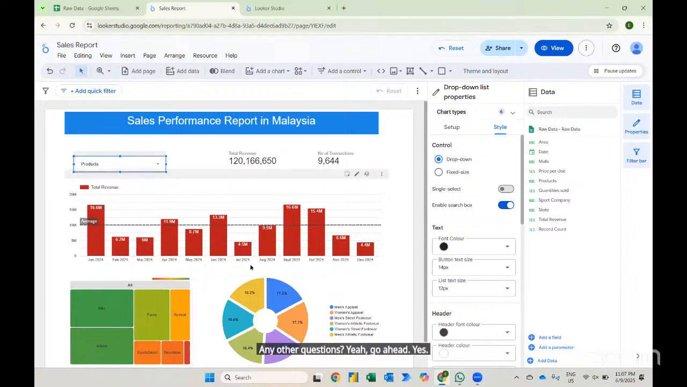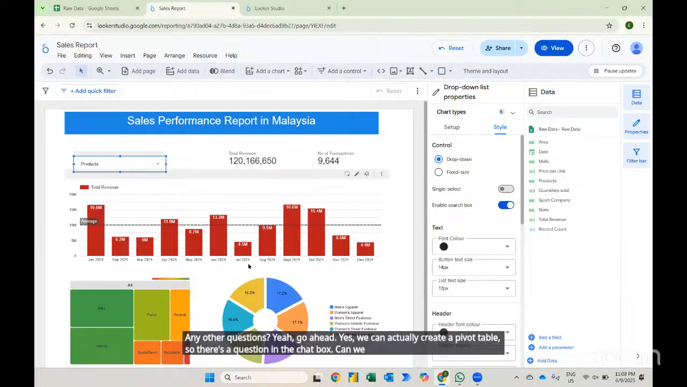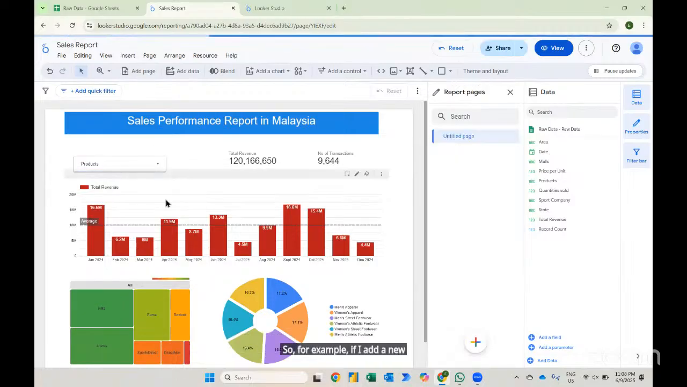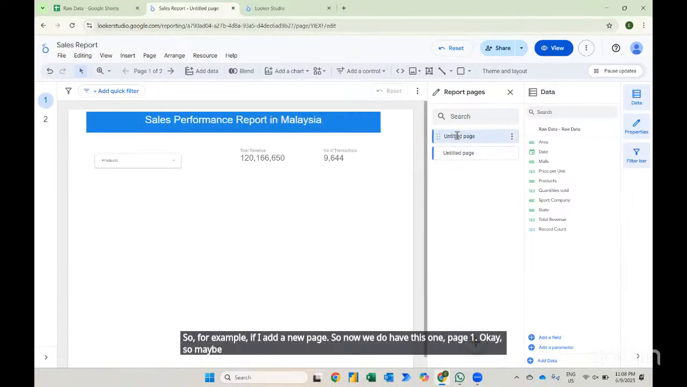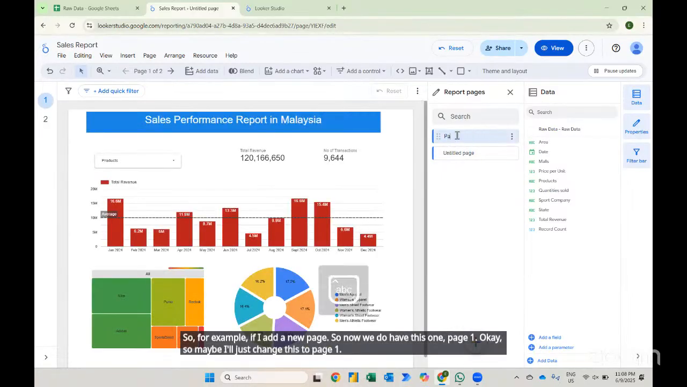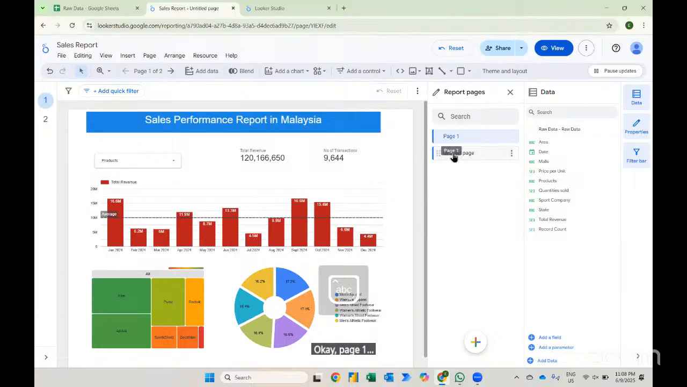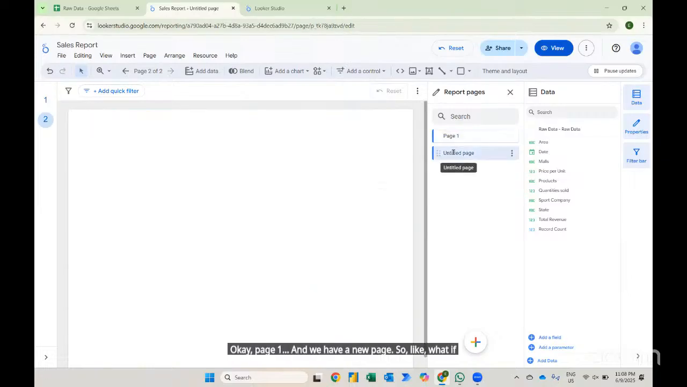Yes, we can actually create a pivot table. There's a question in the chat box: can we create a pivot table and make a chart of it? So for example, if I add a new page, we do have this one, so maybe I'll just change this to page 1. And we have a new page. If I want to create a pivot table,